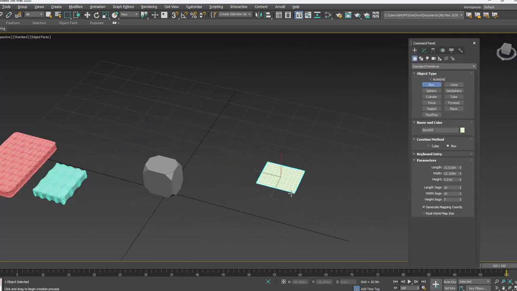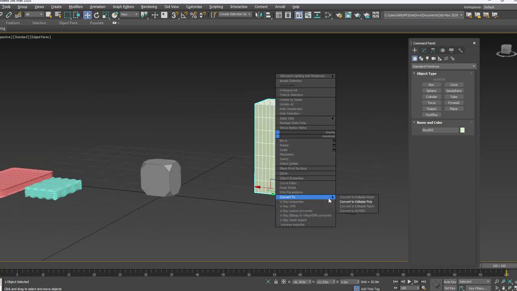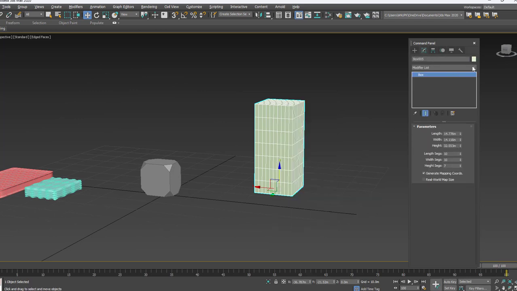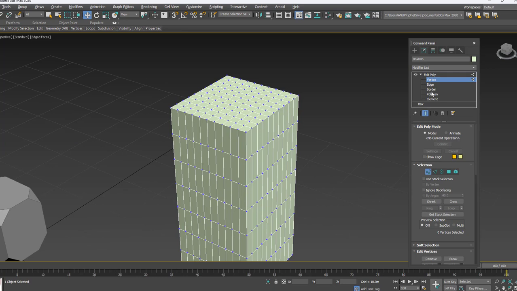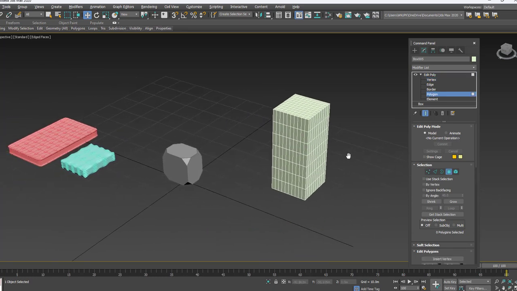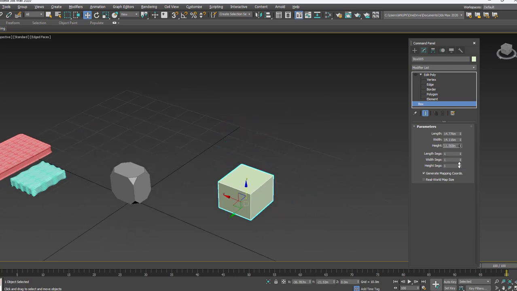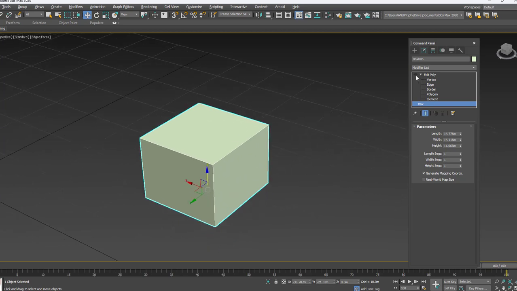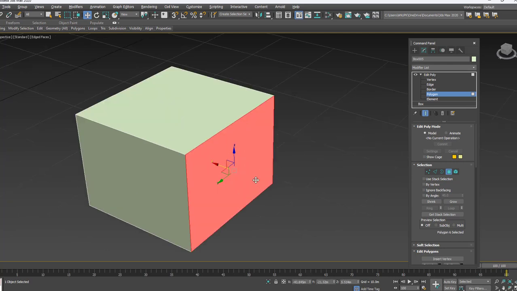Let's understand the other parts of the convert to poly. Right click, convert to editable poly, or else modifier list and edit poly. As like edges and then vertexes, for the polygon also you can do the editing. For that, click on the box option of this, reducing the number of segments for better understanding, and height little. Now again I click on edit polygon to select the particular polygon or plane.